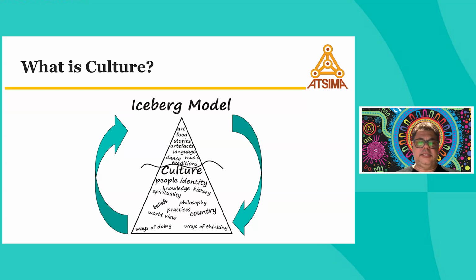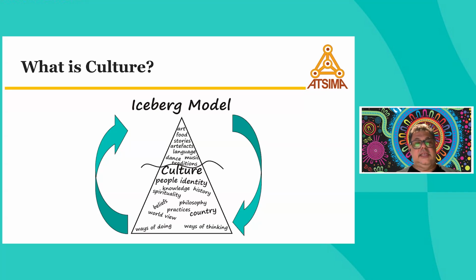On the next slide, we'll see there's a pictorial of this iceberg model, which I often use in my professional learning with teachers. Obviously, I don't just present that model, we work through it. But just getting people's idea of what culture is, I get them to do a one word response. And I create this sort of image of an iceberg over that period of time. So the idea is that the wavy line is the water, the stuff underneath it is the intangible part of culture, the stuff you can't see.